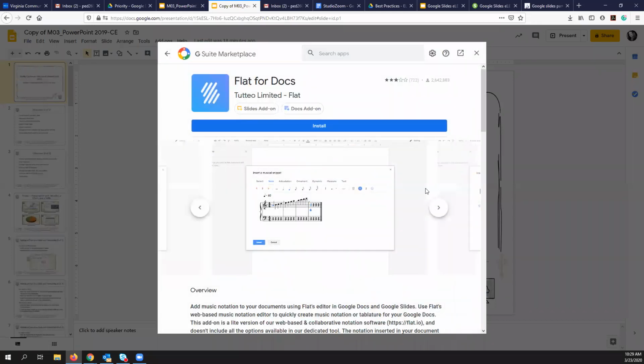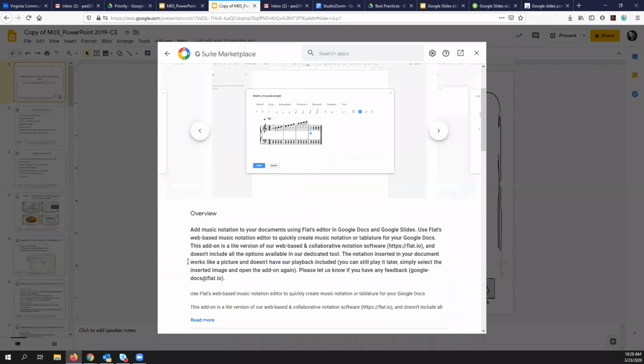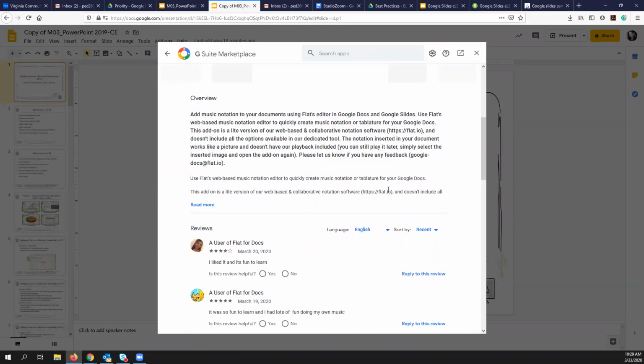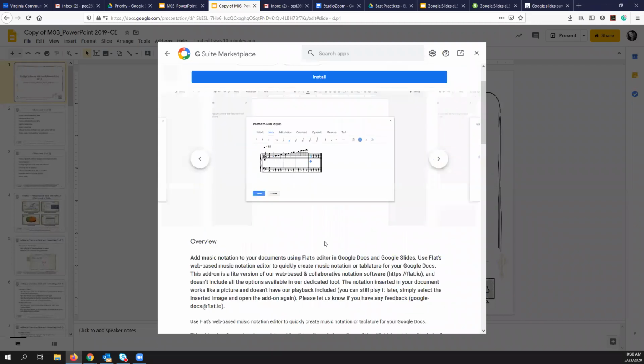So Flat for Docs. This is a music notation add-on. And you can see that there's some information. So if you wanted to read about it and figure out how it works, you can also look at the reviews. So you can decide whether or not it's a good add-on,